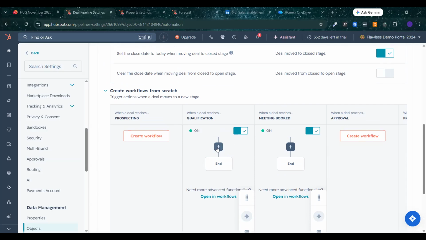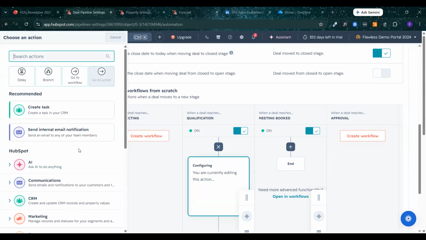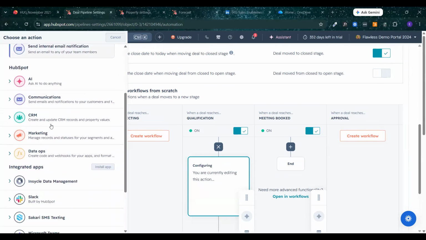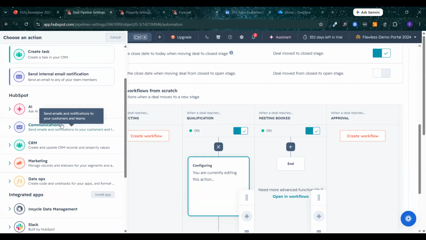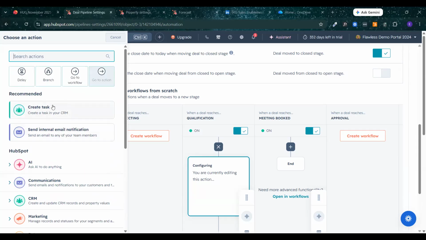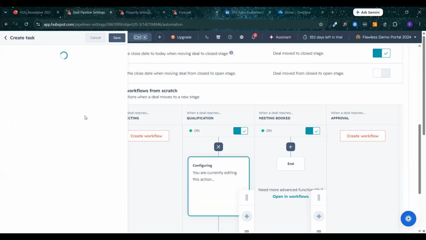So what we need to do here is click on add something, and then you are brought into basically your workflow editor. If you're not familiar with workflows, we did have a back to basics session on workflows earlier this year. You can find the recording on our Hub page or on our YouTube as well, also in the LinkedIn group. I can share that as well if you are interested, but you can find it all over the place if you aren't familiar with the basics of workflows. So task is a recommended one because that's pretty typical for a deal stage. So we'll go to create a task.